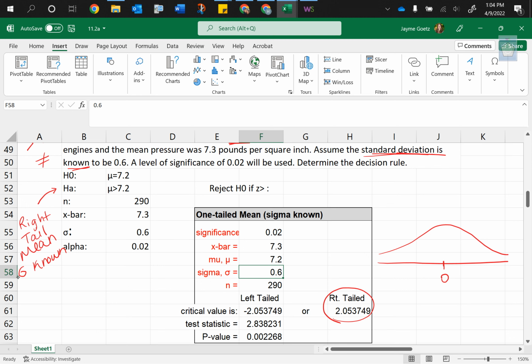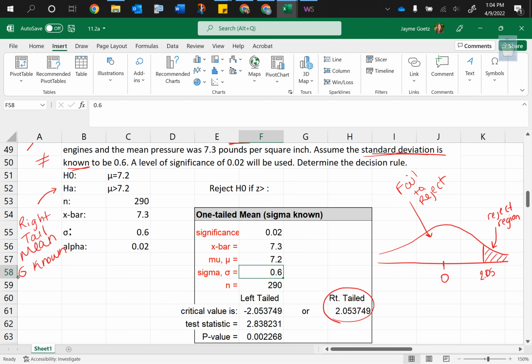2.05. Now, since this is right-tailed, anything greater than that, anything over here, is our rejection region. This is our rejection region. And then anything over here to the left of it is our fail to reject region. Now you might be wondering, what in the heck does that mean, Mrs. Getz? I don't understand. Well, here's what that means. We said the critical value is 2.05, but the test